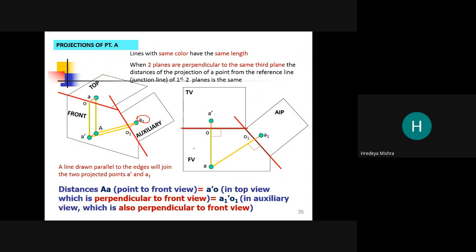A line drawn parallel to the edge will join the two projected points A dash A1. The distance capital A small a in the front view is equal to A dash O in the top view.